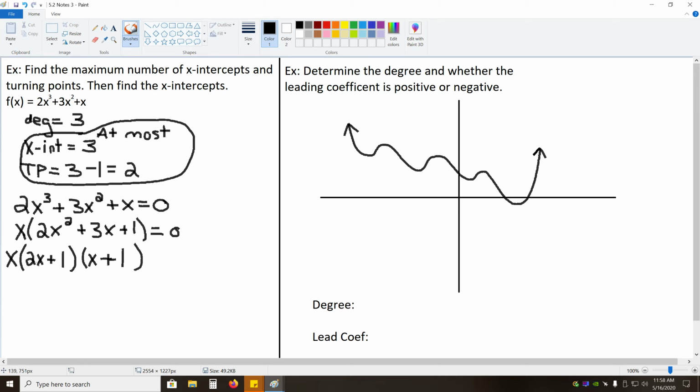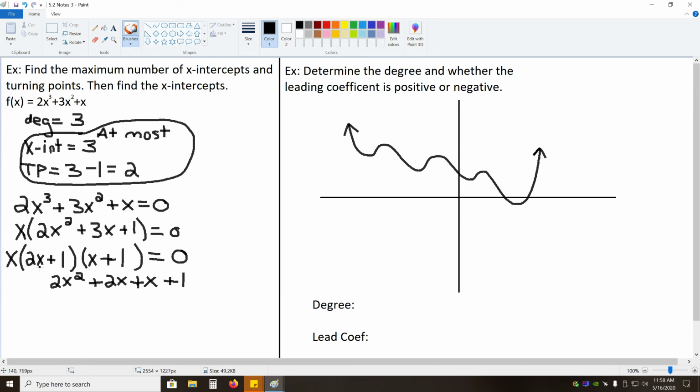Let's check if this worked out. 2x times x is 2x squared. 2x times 1 is plus 2x. 1 times x is plus x. And 1 times 1 is plus 1. Adding these two like terms together, we get 3x. So it did work out. We factored this properly,